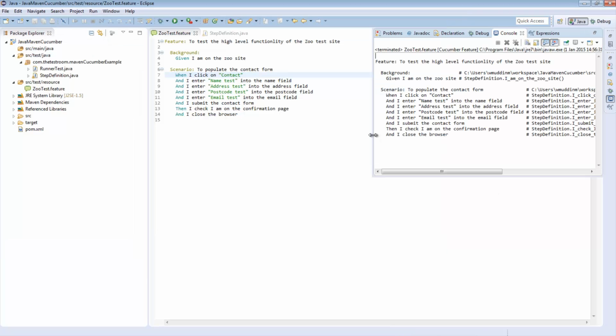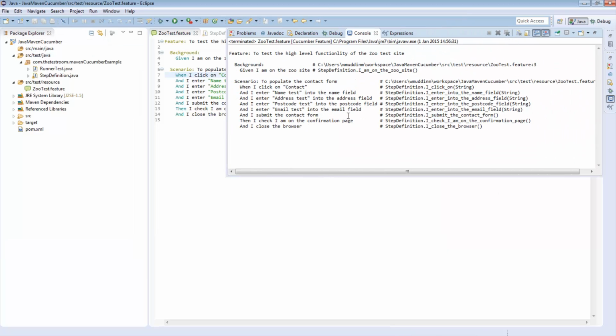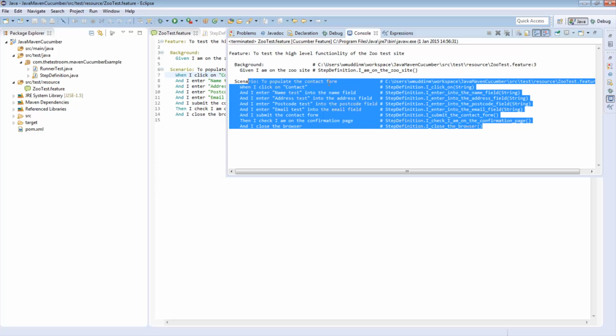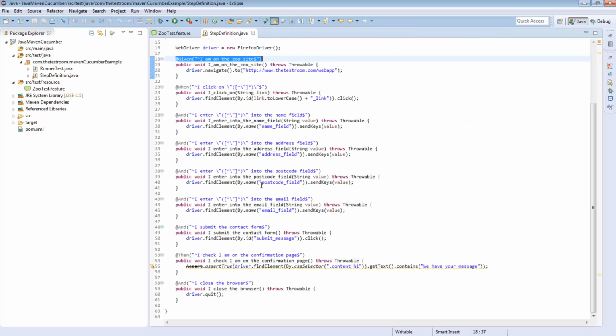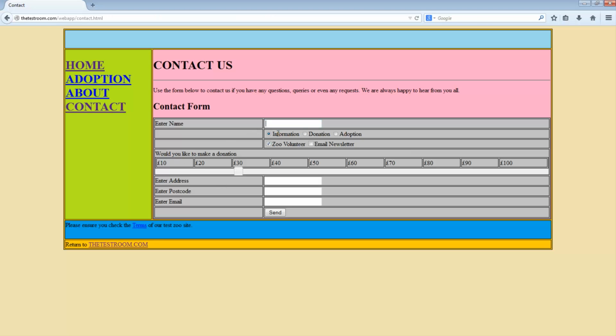Okay. So if we have a look, we can see that each step executed without any issues, and in the end, it passed. So if I have a quick look at the assertion, what I'm basically doing is using a CSS selector to get the heading on that page. We have your message. So really quickly, if I just show this to you, so if I go there, if I just quickly